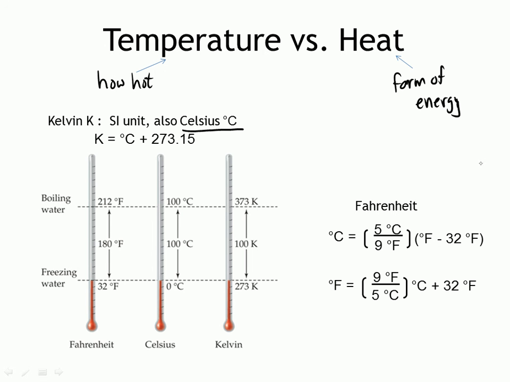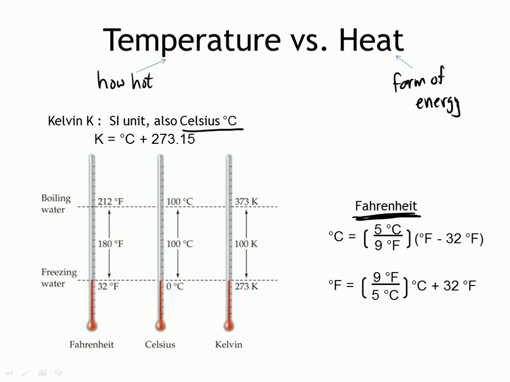And occasionally we also use the units Fahrenheit, although we rarely use it in science. But the conversions between degrees Celsius and Fahrenheit are given here. This equation starts with degrees Fahrenheit and converts to Celsius. This one starts in Celsius and converts to Fahrenheit. All right, but let's just look at the three different scales then, Kelvin, Celsius, and Fahrenheit, in terms of something